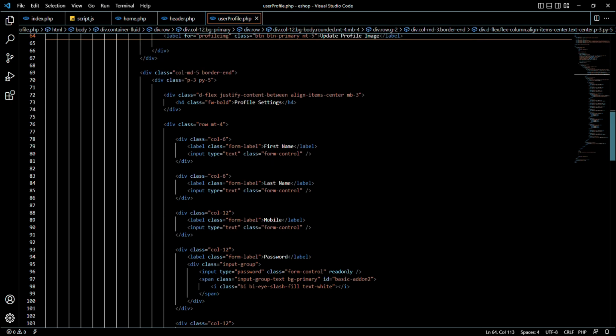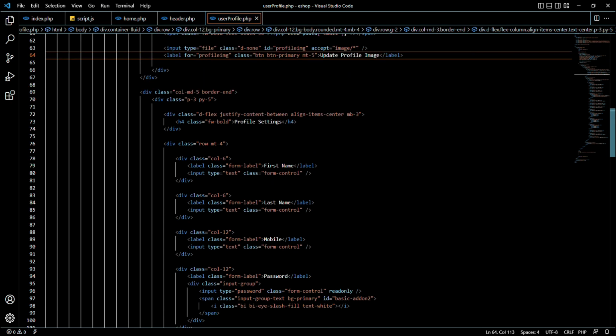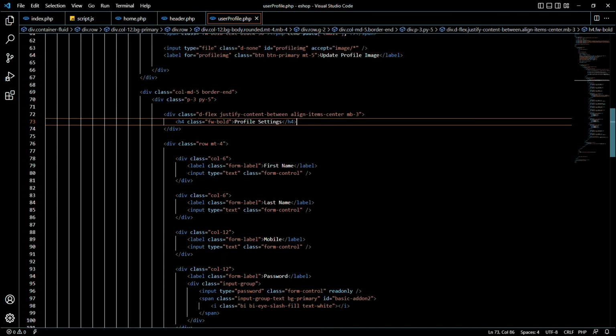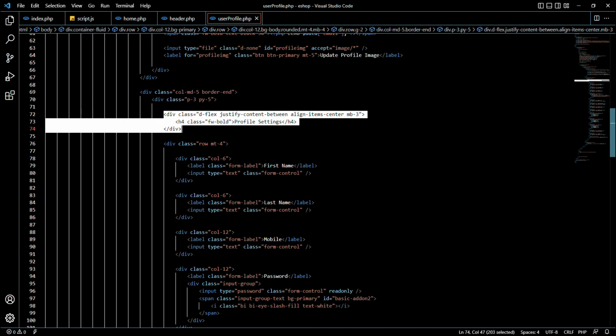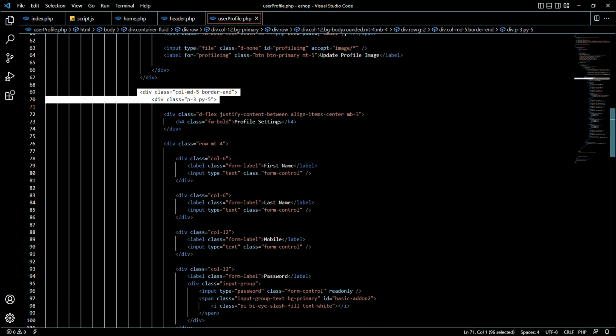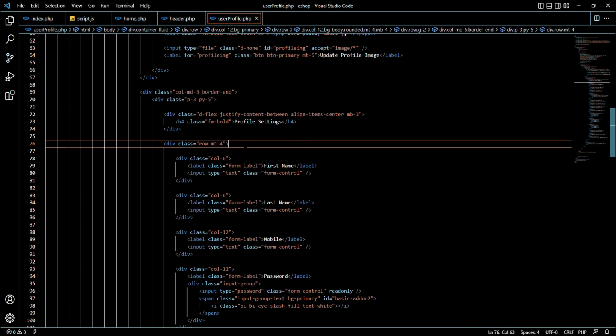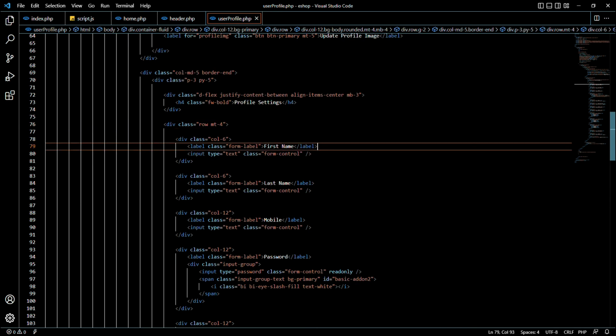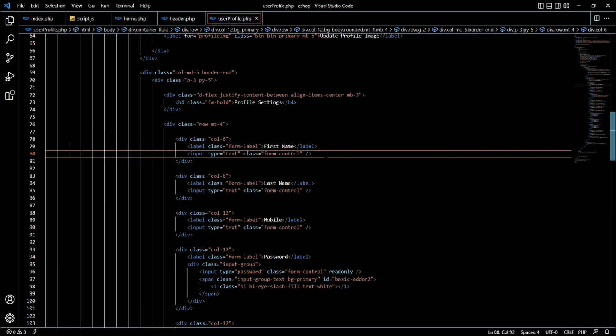So moving on to the next bit of our code, we saw the profile settings in bold, which is the bigger handwriting than the rest. These are all created in divs one after each other, and this is the main div holding all the data under profile settings. So then we have created a div for first name and the input type text, form control,